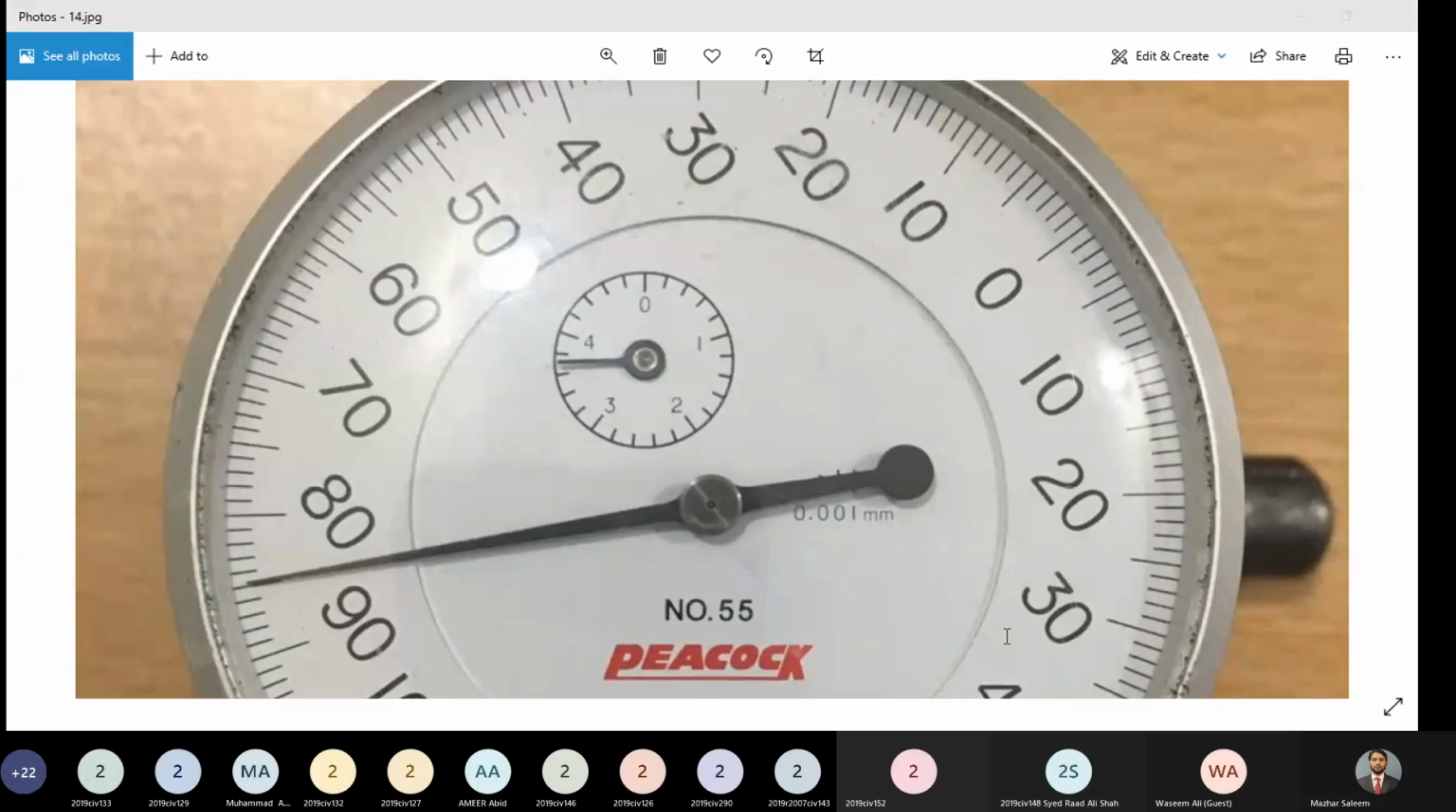Okay, I'm going to repeat. I have posted the reading in the chat box. Now, let's come back to the gauge again. As both the needles are moving in the counterclockwise direction, we will have to